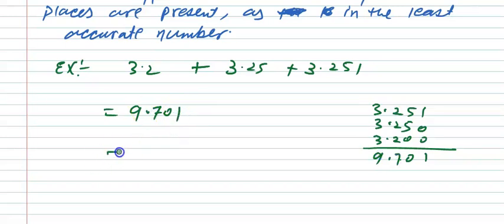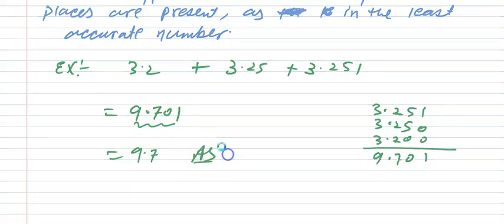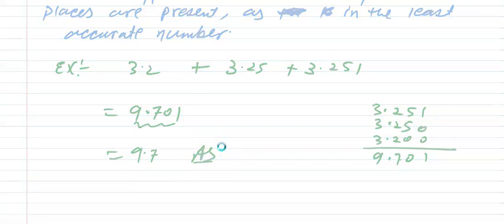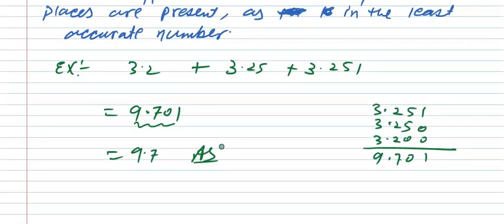But this is not our answer. We have to reduce this number up to our confirmed number, up to the number which we have shown. Here the round off can be easily done because there is no need of round off. So I can write that 9.7 is the answer of this question. Getting it? In different questions, round off will be there. So you have to do round off according to the rules.